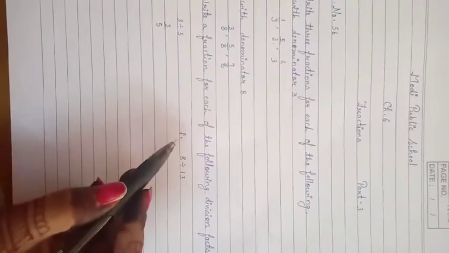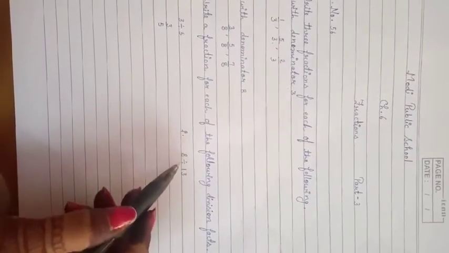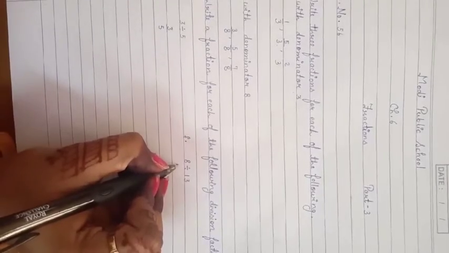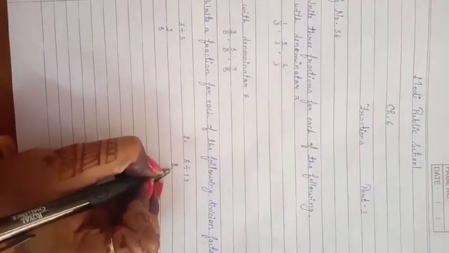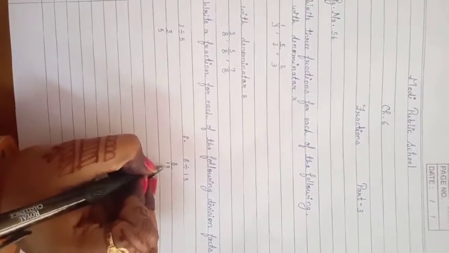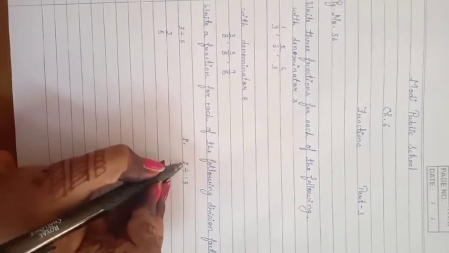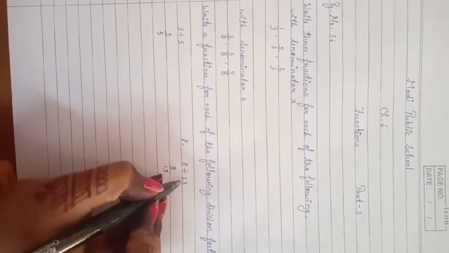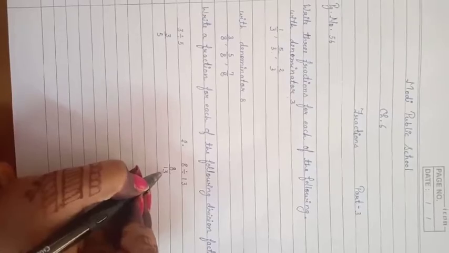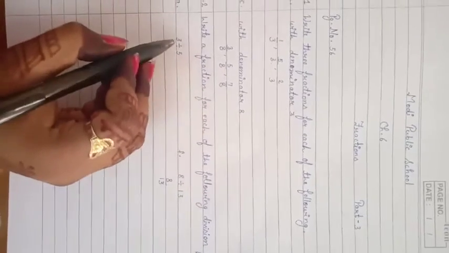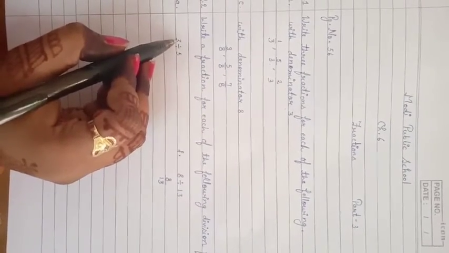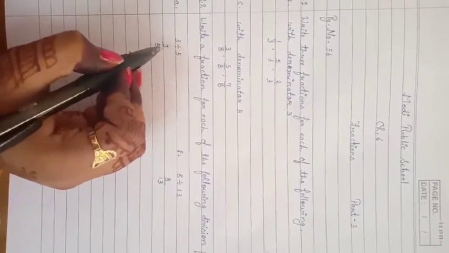See this F part now. Here F part is 8 divided by 13. Again it's a division fact. We have to write it down as a fraction form. So it will be written as 8 divided by 13 means 8 upon 13. Here 8 will be converted into numerator and 13 will be converted into denominator. Similarly here we have converted this 3 into numerator and 5 into denominator.